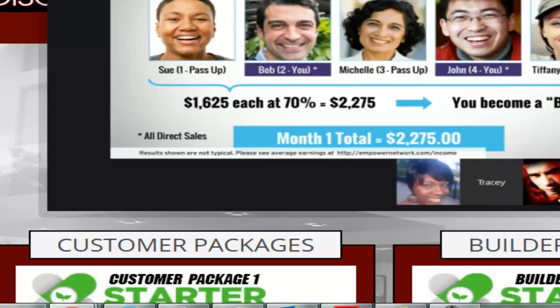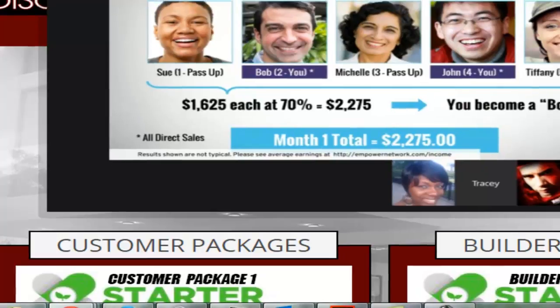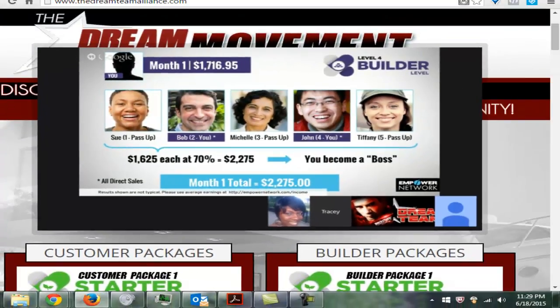So they get started over the course of the month with the level 4 builder level, and when Sue, Bob, Michelle, John, and Tiffany get started, you become a boss, right? Because this is your first 5 sales. But then sales 1, 3, and 5 pass up to your sponsor. You keep sales 2 and 4. When Bob and John get started, they're going to also pay the package price of $1,716.95. $1,625 of that is commissionable. We're going to earn 70% of the $1,625 on each of the sales from Bob and John. You add those up, it's